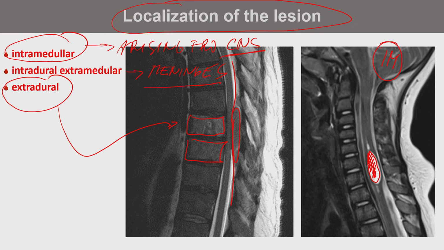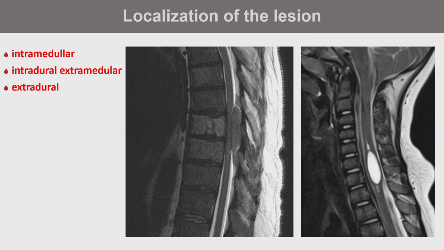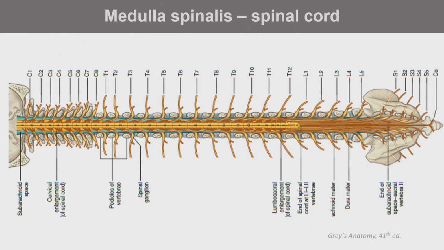But important is when the neurosurgeon is going this way and performing surgery, it's not needed to open the intradural space and the sac of meninges. So it's much more convenient for surgery, but also with fewer complications. So those are localizations which are important. Intradural, extramedullary, extradural, and inside the spinal cord intramedullary. So regarding spinal cord extent, we know that the spinal cord is extending till L1, L2.